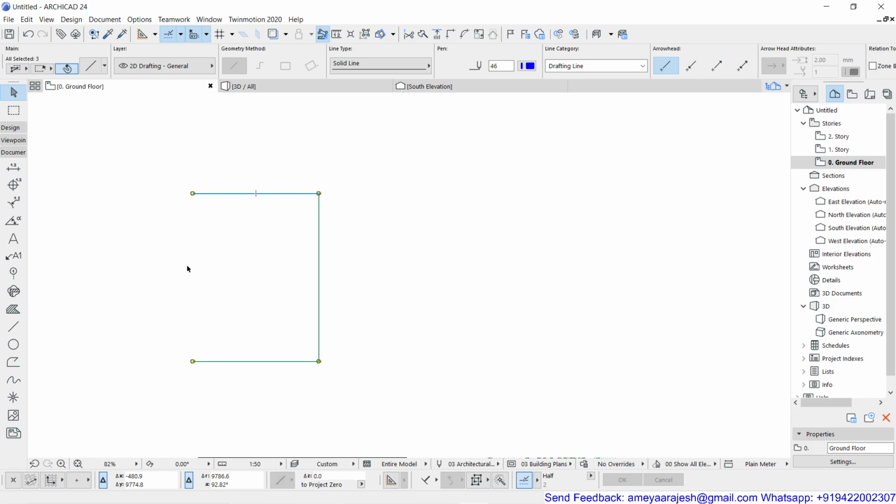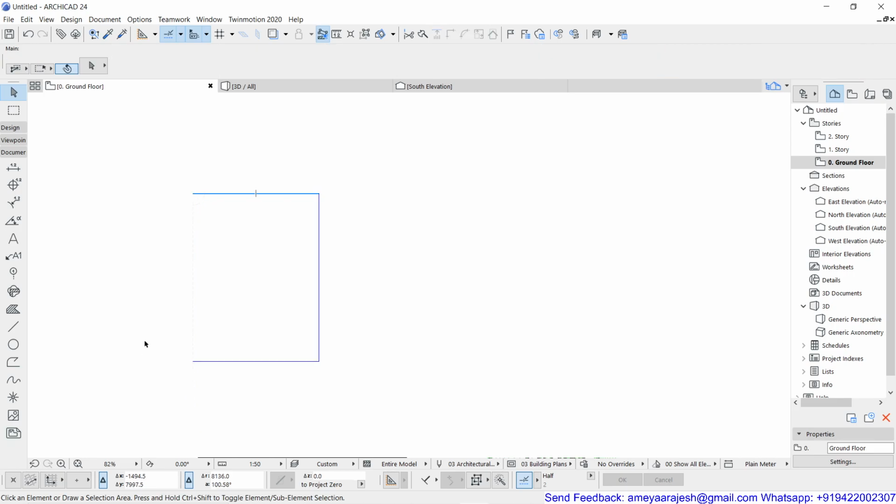But just before that, what I want to explain to you is that if you draw something using the line tool by default with multiple segments, or this rectangle or rotated rectangle, by default they are considered as a group member. Then how to create a group? That's now what we are going to talk about.